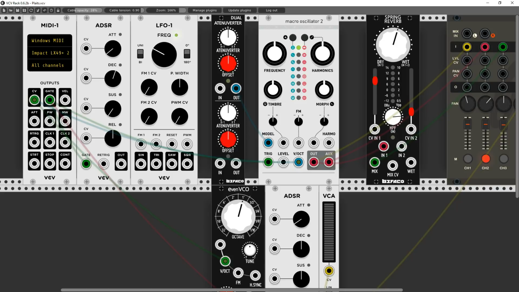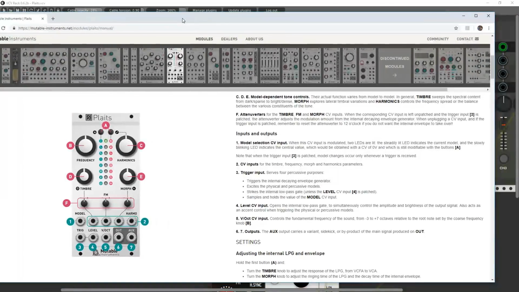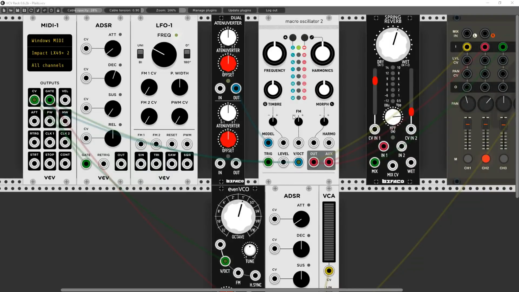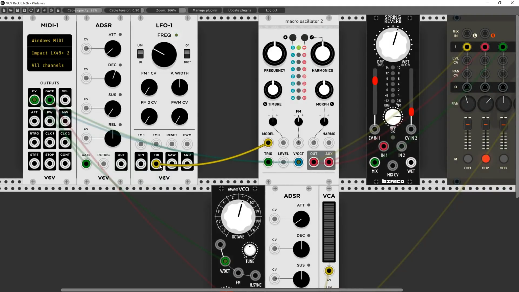But what about that cryptic little note in the manual? Let's look at it again. Note that when the trigger input 3 is patched, modal changes occur only when a trigger is received, or trigger input 3 sample and holds the value of the model CV input. Sample and hold. Okay, that means that if we are varying this, it means it will only change modes when I hear a trigger, or when it hears a trigger. So if I start playing,